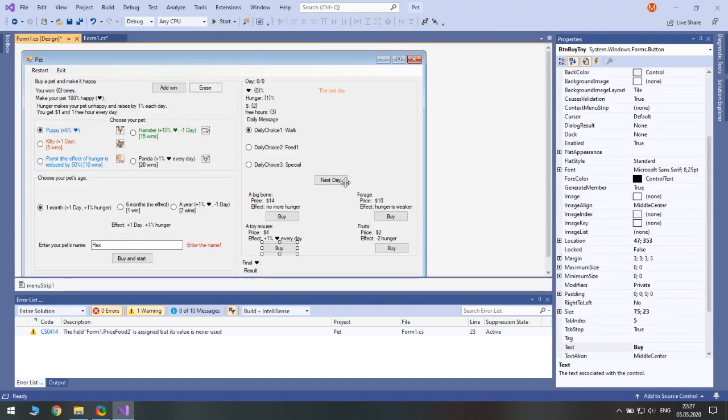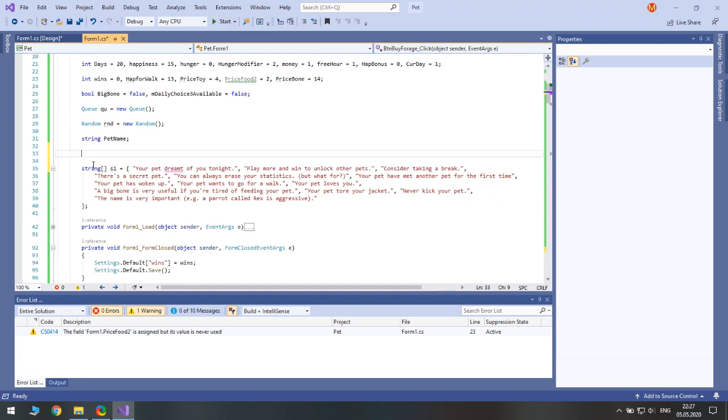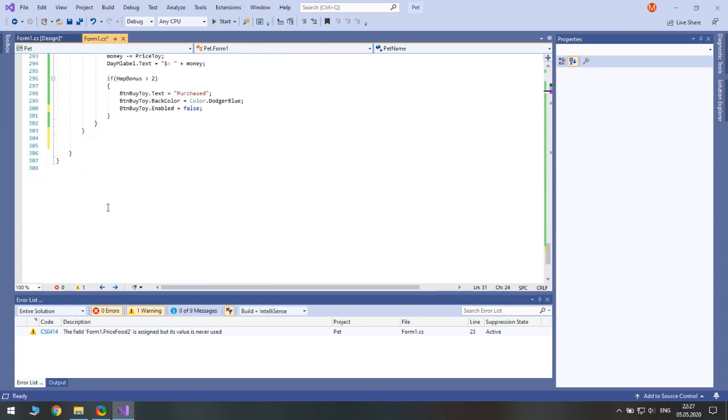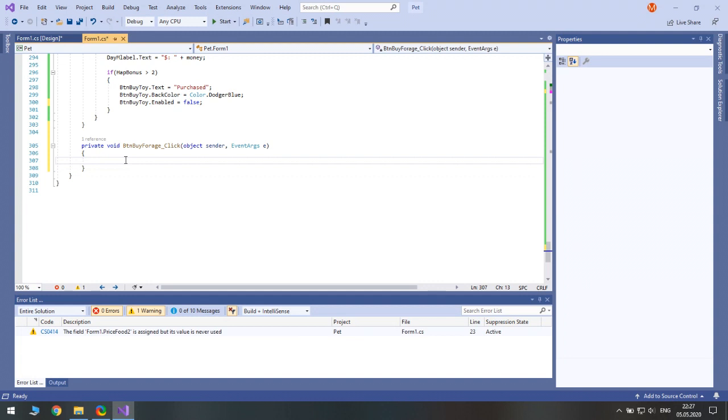let's... oh, we also need to implement the code for buying forage, which decreases the effect of hunger modifier. So button by forage equals, its price is 10, so if money is greater or equals to 10, then we let's try different shades of blue.